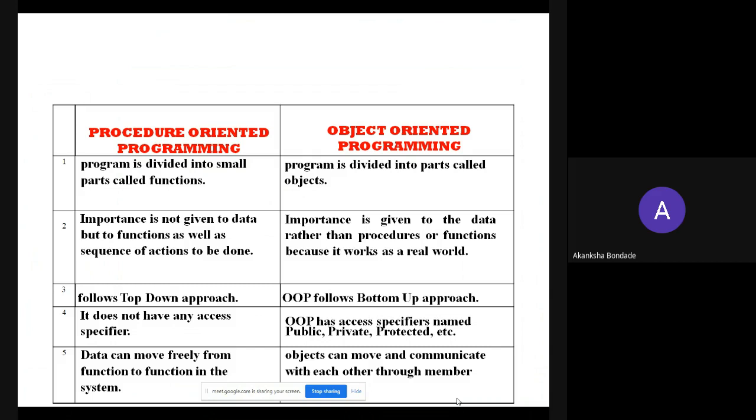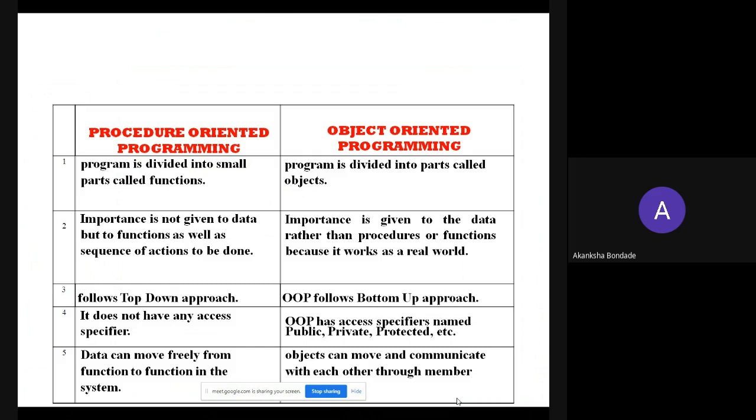using the procedures. Okay. Now, procedure oriented programming decomposes the problem into small parts. So that's why it follows the top down approach. Now, object oriented programming follows the bottom-up approach because here we first find the small solutions of any problem. After that, we integrate them and make the project or the final solution.